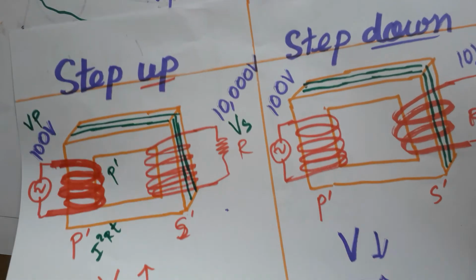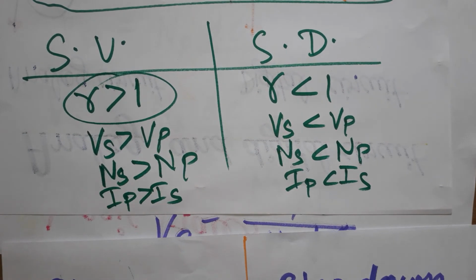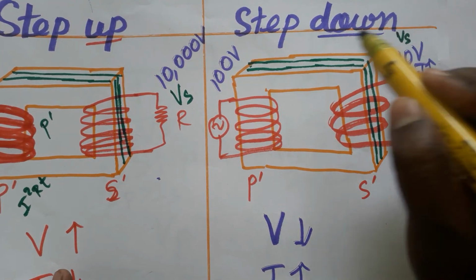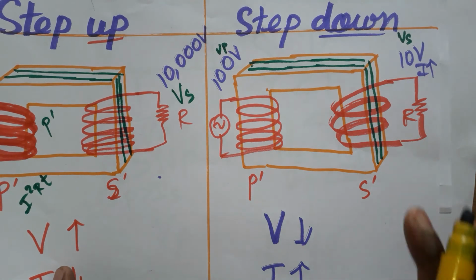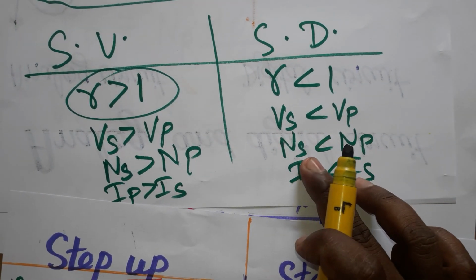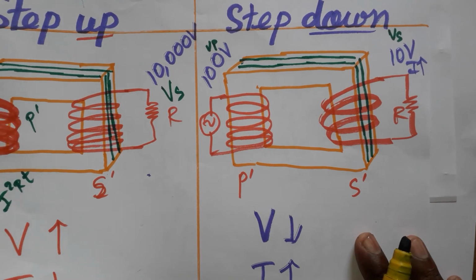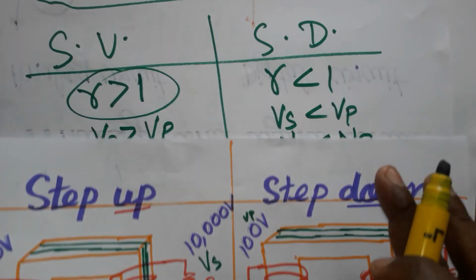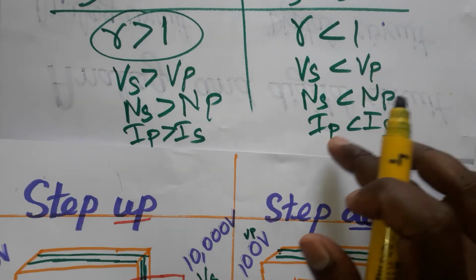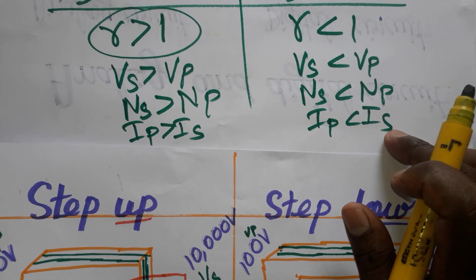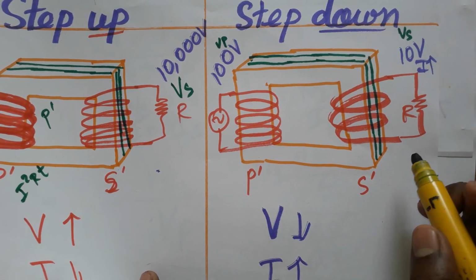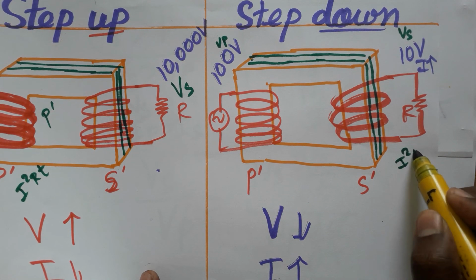Next, R is less than 1, so the voltage in secondary is less than the voltage in primary. So this is a step down. At the same time, the number of turns in secondary is less than the number of turns in primary, so the secondary will have fewer turns and the primary more. And the current in primary is less compared to the current in secondary. That is the reason the secondary coil is a thicker coil, because it would otherwise overheat because of